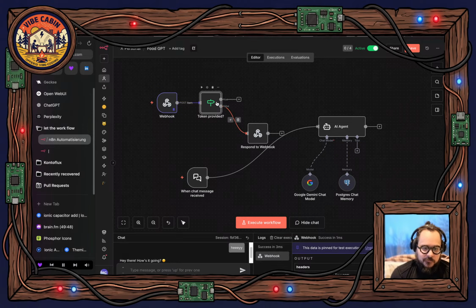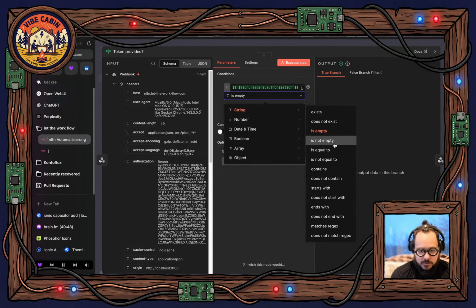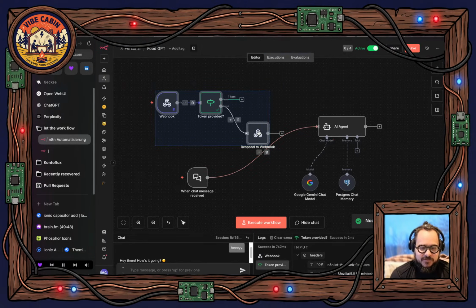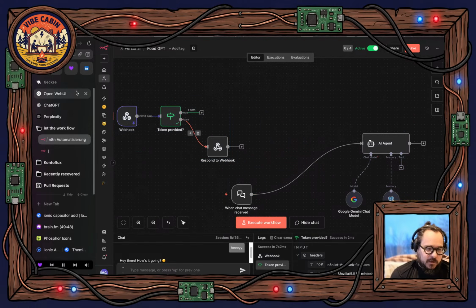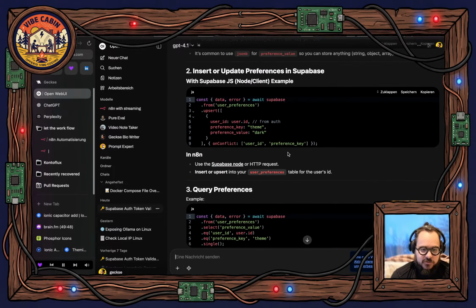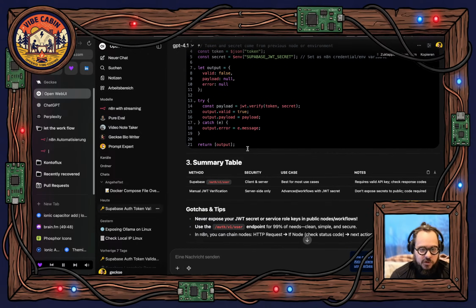So first things first, did we get our authorization? Hey, oh, wrong. It's not empty. All right, that looks better. So we check if a token exists. Now the interesting part, and I already consulted a general purpose LLM on what would be a good way to do this with n8n. It gave me the idea, which I actually like, to use the auth v1 user endpoint of my Supabase,